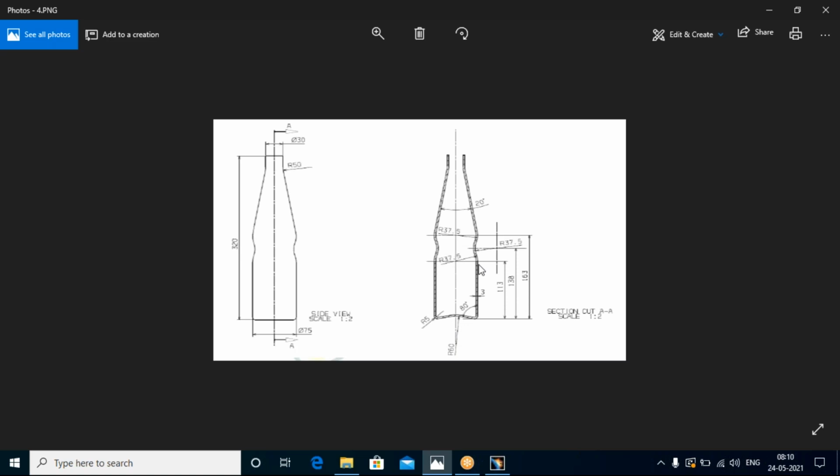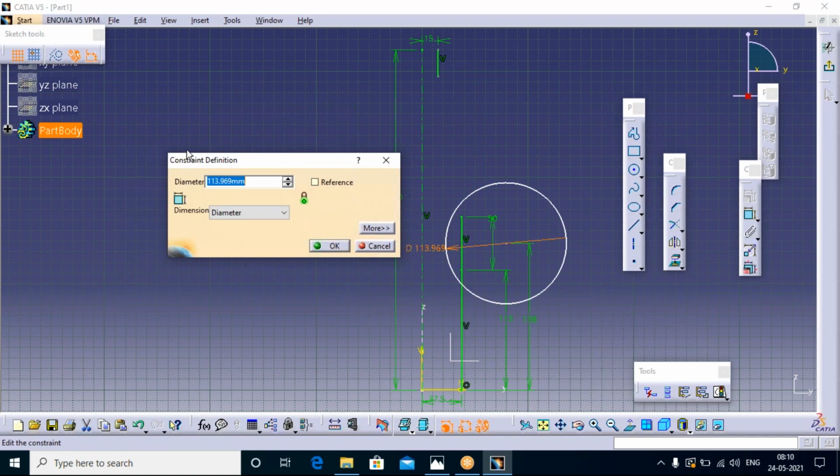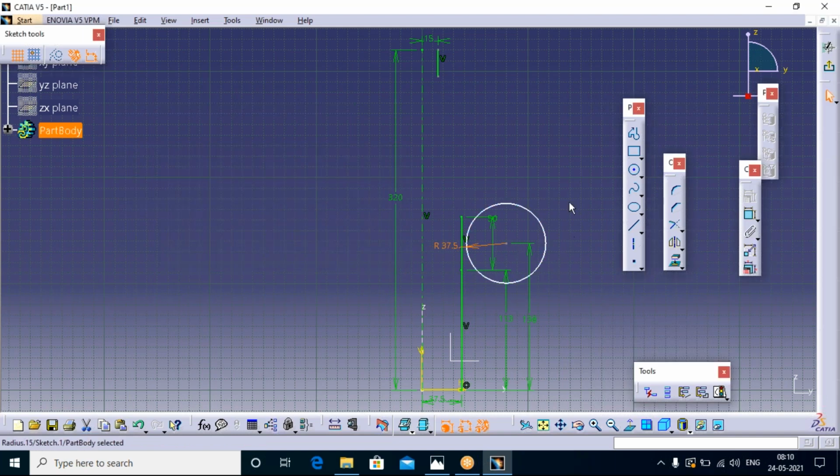So what I'm going to do is directly apply the radius of 37.5. Change the diameter to radius, now give it 37.5, click on OK. Now I'm going to move this particular circle inside. I don't know the exact size. After this one, I'm directly drawing